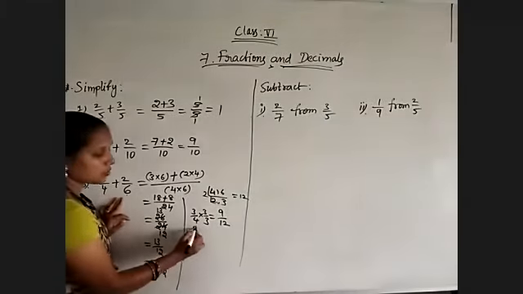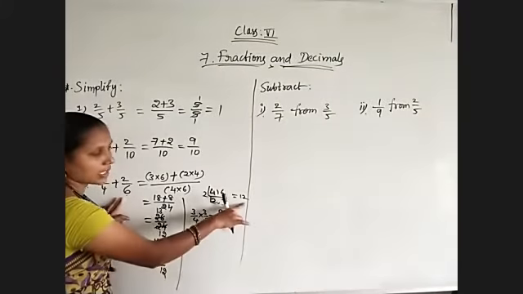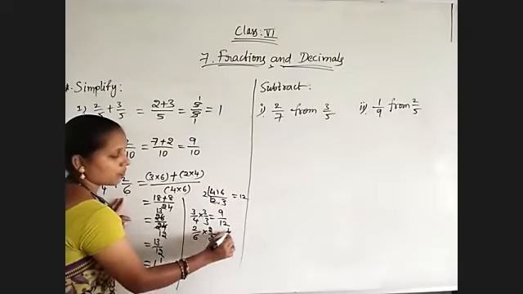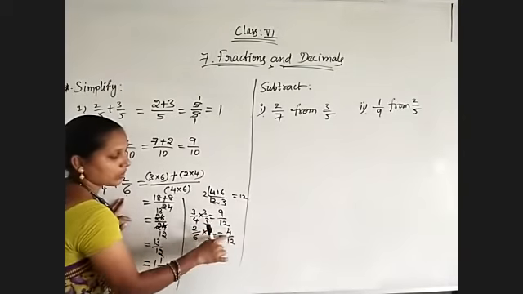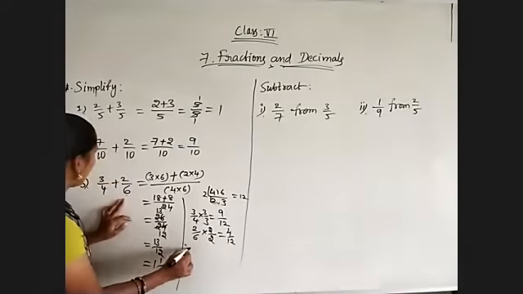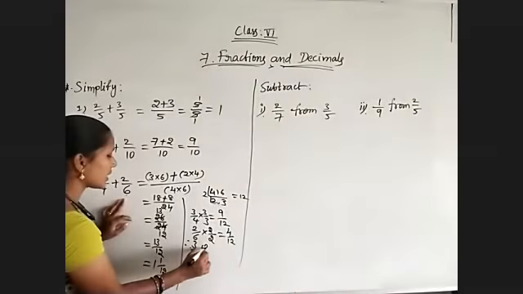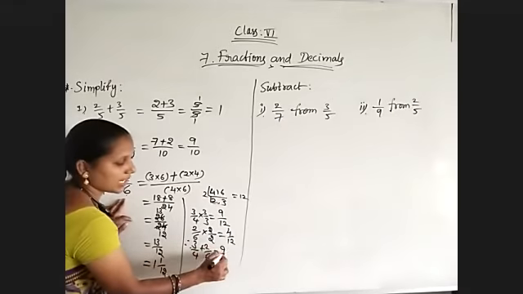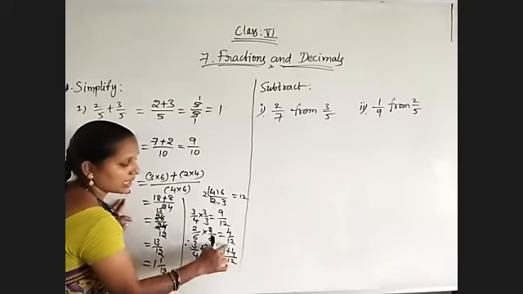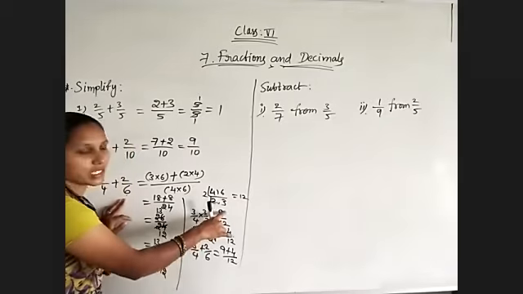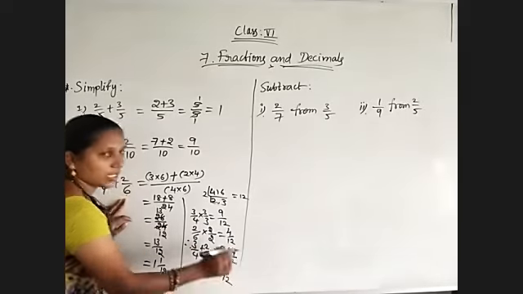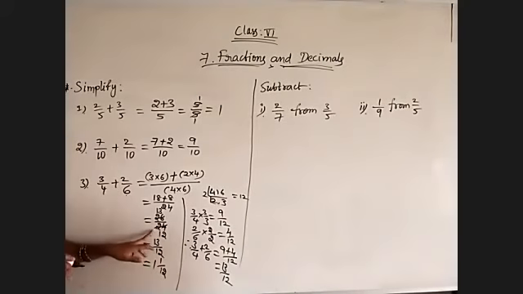And the second fraction is 2 by 6. In the 6 table when you are getting 12, 6 2s are 12. 2 2s are 4 by 6 2s are 12. Now 9 by 12, 4 by 12, both are like fractions. Therefore, 3 by 4 plus 2 by 6 is equal to 9 by 12 plus 4 by 12, that is 9 plus 4 by 12. The LCM is 12 and the numerator of the first fraction is 9, the second fraction is 4. So 9 plus 4 is 13. 13 by 12. See, directly we got the answer instead of doing it like this. Okay.